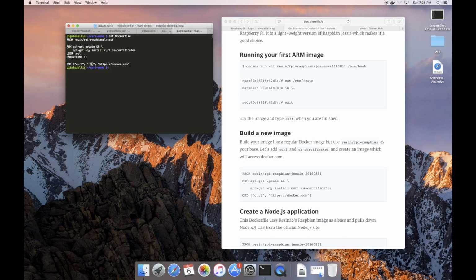And then to the curl, we're passing -s and -L so that we can use SSL certificates, make sure we're actually accessing the correct website. So we'll do a build,